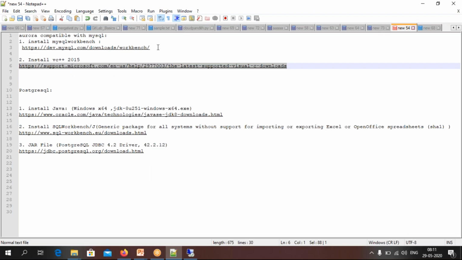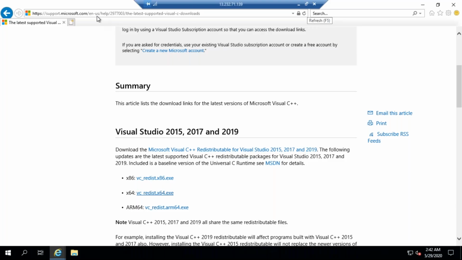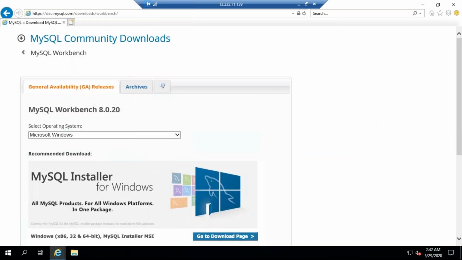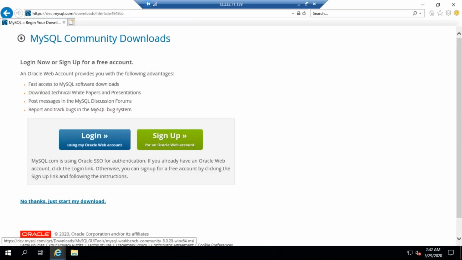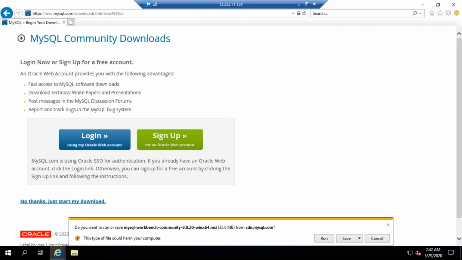Now we need to install MySQL Workbench. Take this URL here, put it here, enter. Come down, click download, click no thanks, just start my download.